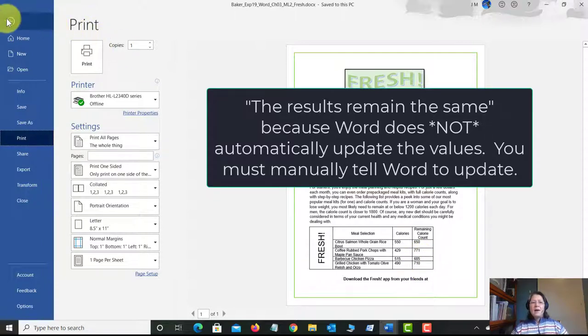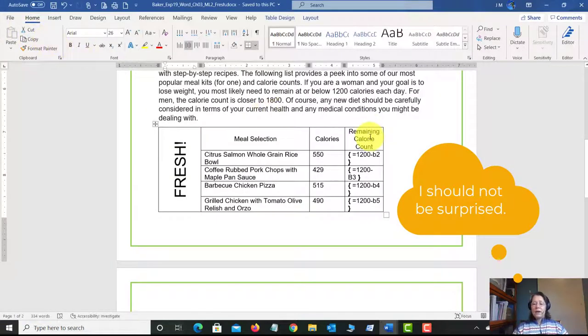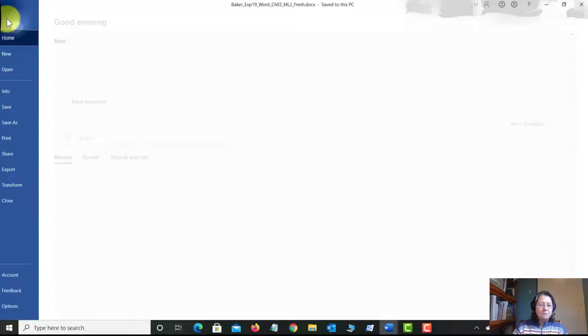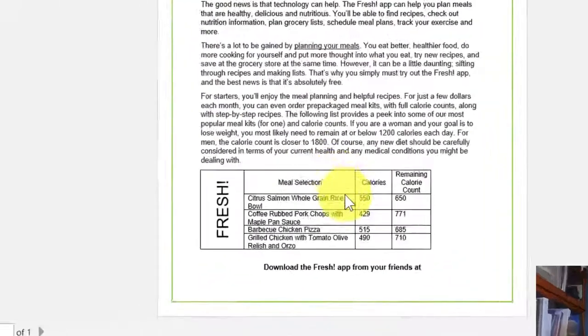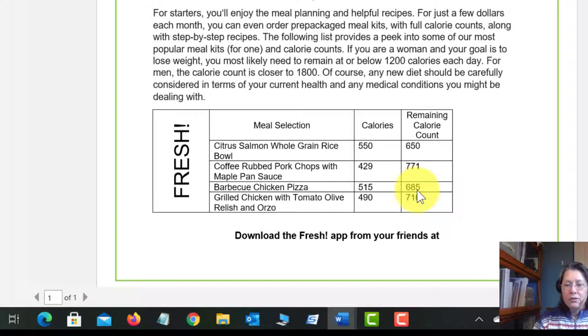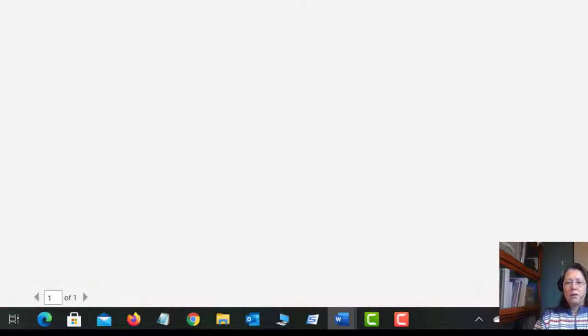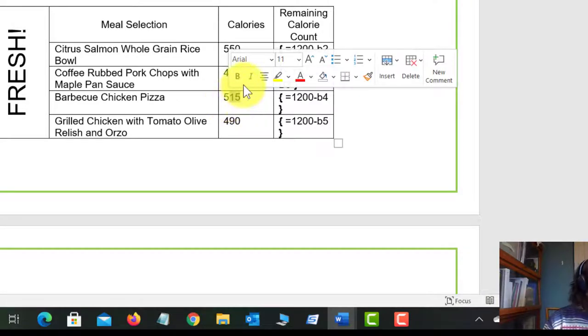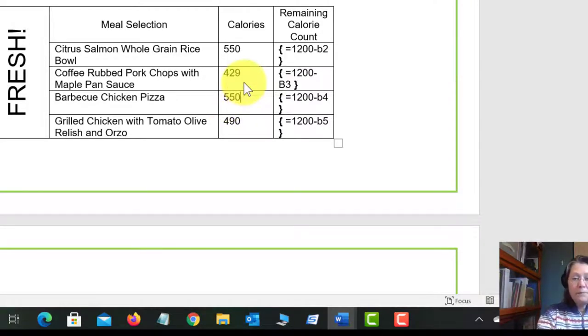I'm kind of surprised. The thing about Word is when there's been a change, it does not automatically update. For example, right now, barbecue chicken pizza is 515 calories. And previously, it calculated that. When we first asked it to calculate, it calculated. And do you see this? It came up with 685. Well, if I now change this, which I know I'm going to have to do anyway, that's part of our instructions, to 550,